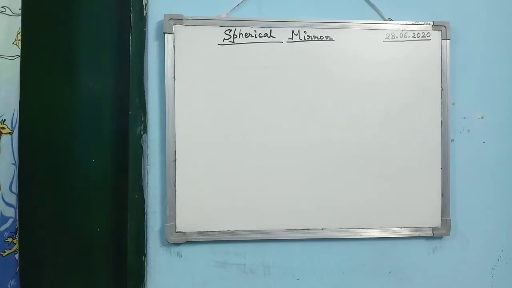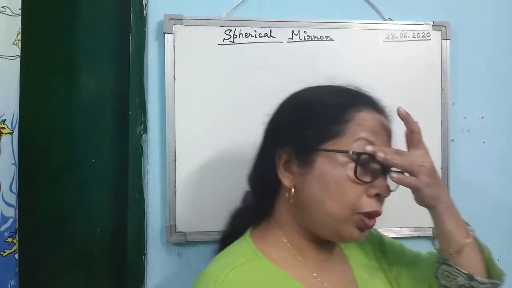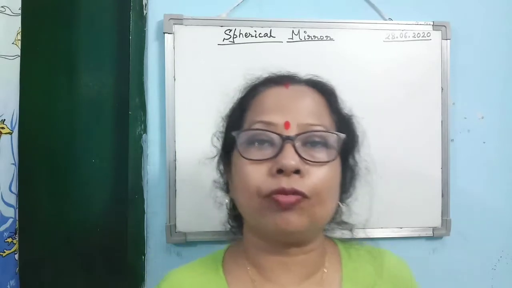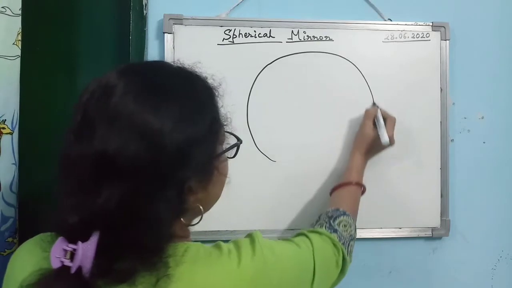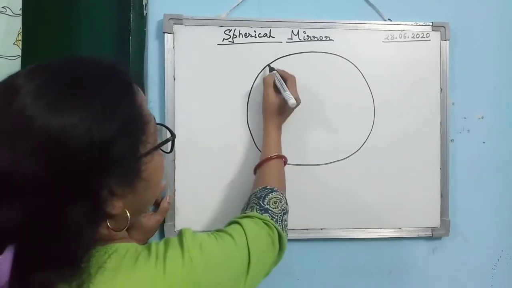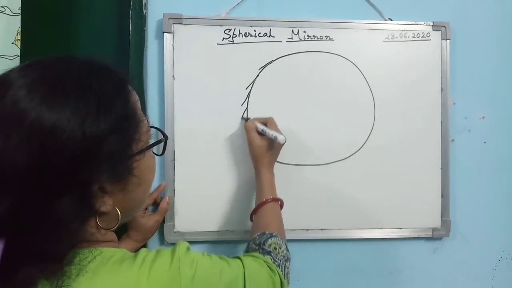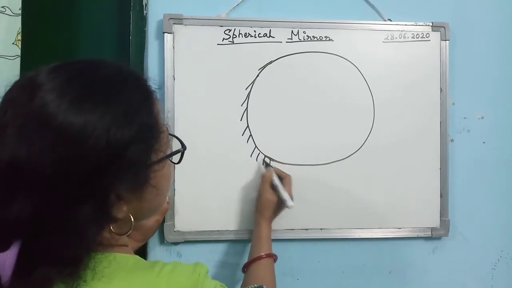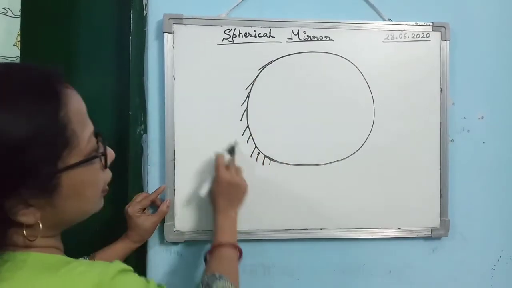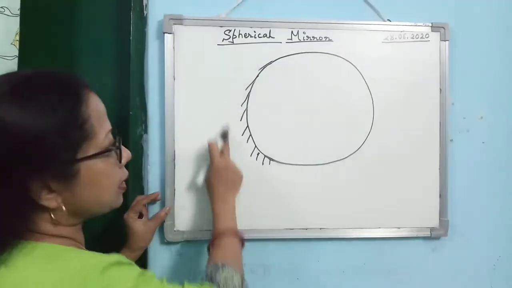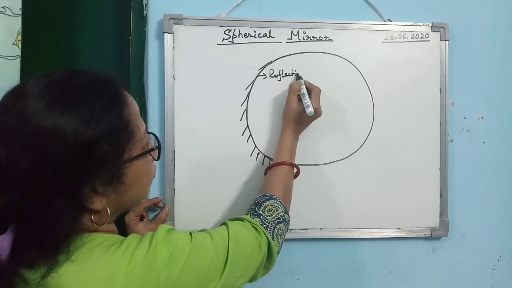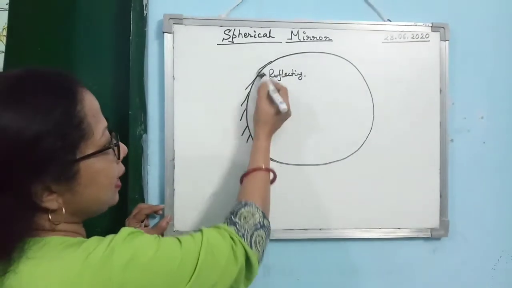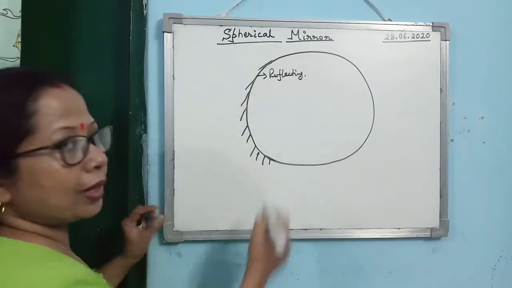Now I am coming to spherical mirror. From the name only one can make out, spherical mirror means what? The mirror which is a part of a sphere. So suppose you are having a sphere. Now if you take the mirror like this, you see here how I have taken the mirror, that this dash portion, this side is silvered, the opaque side, and this side is the reflecting surface. Then this mirror is known as the spherical mirror.